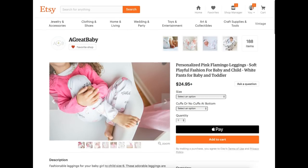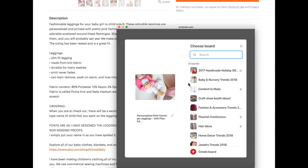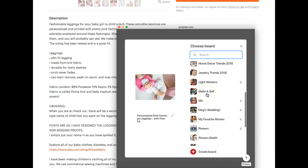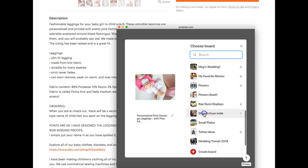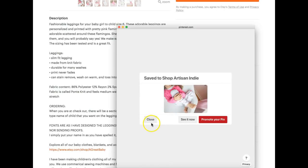Okay, what I want to do is add you to our Flourish shop, shopartisanindie.com. If you go to shopartisanindie.com, obviously we want to create our own marketplace, but that takes some time and an investment. So what we're going to do is we currently have our shopartisanindie.com directed to our Pinterest board, which is super